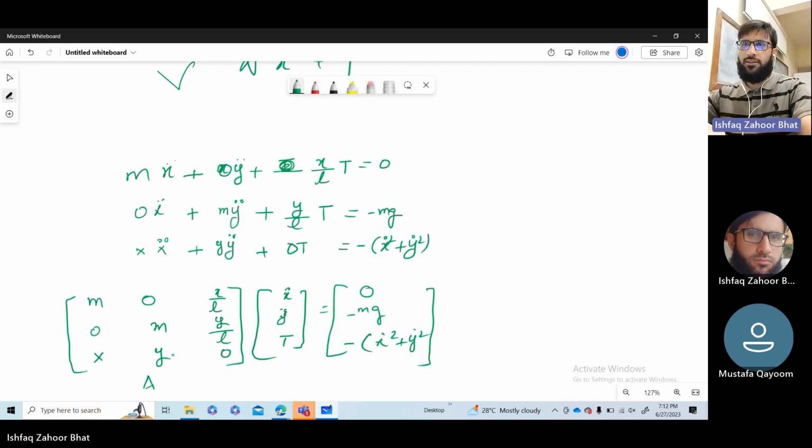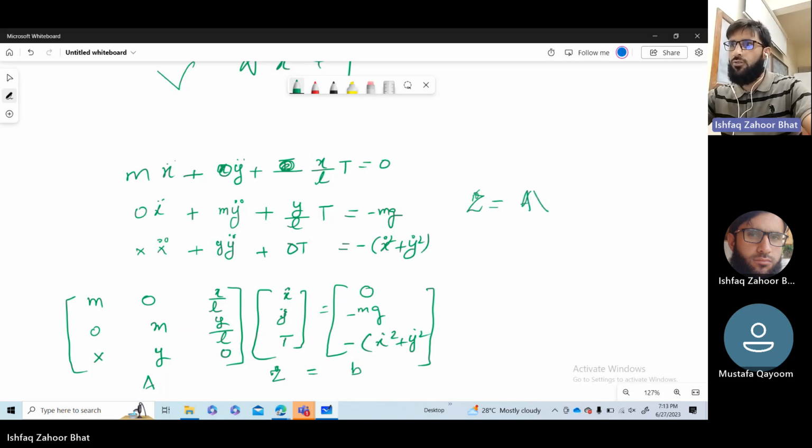See, now this matrix is not constant. It will depend on the position xy, and the xy position continuously changes, isn't it? So this A matrix will continuously change, and this matrix will also continuously change. That is what I was trying to make you understand in the previous section. Okay, so this is our z dot, and this is our b. So we are in search of z dot. So z dot is equal to